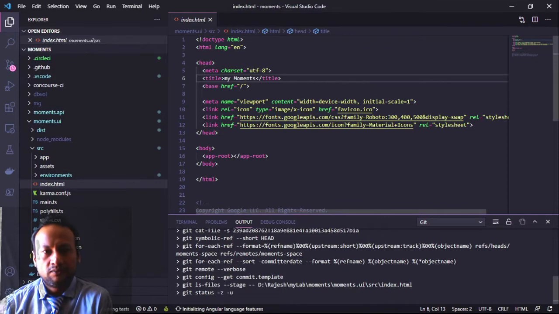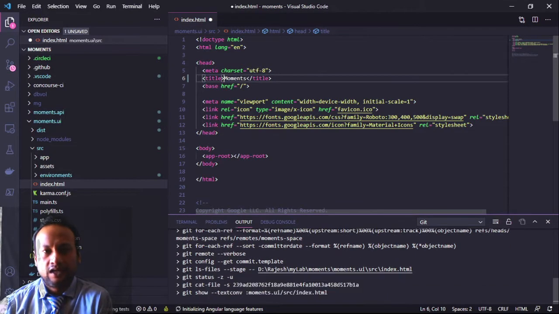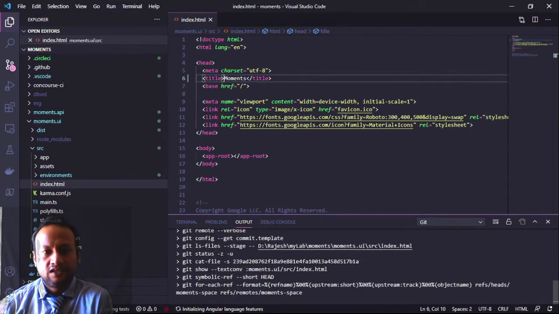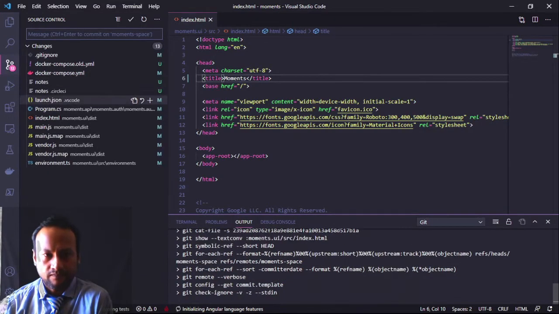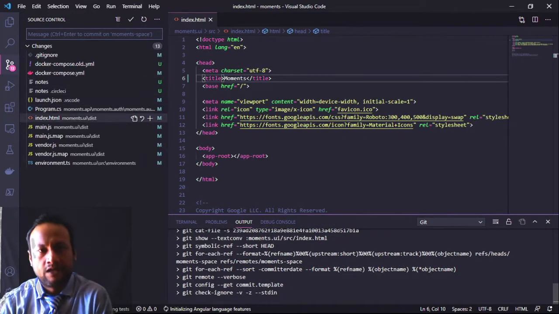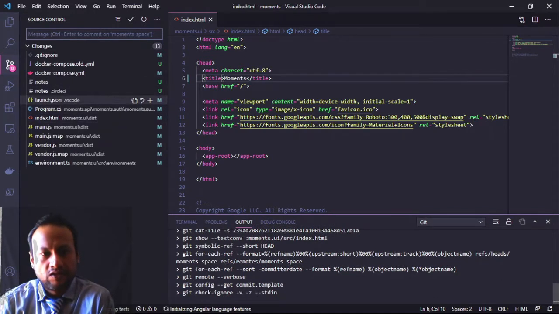So I'm going into my Angular app. I'm changing the title. I'm saving it, and then from the VS Code I do a push. Okay, so